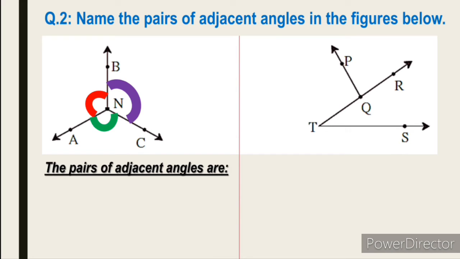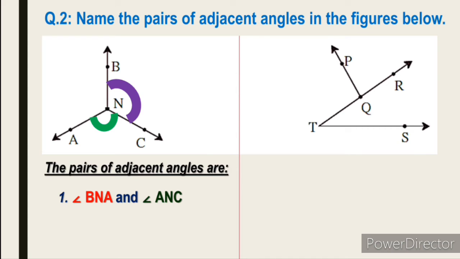So now let us write the name one by one. 3 pairs are there. The pair of adjacent angles are, you can see I have shown 2 pair, one with red and one with green. The name of red is angle BNA and name of green is angle ANC. So angle BNA and angle ANC are adjacent angles, have separate interiors and sharing a same arm AN. Then next one we will write